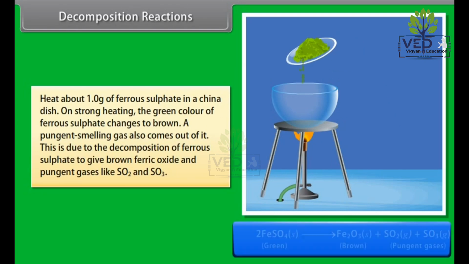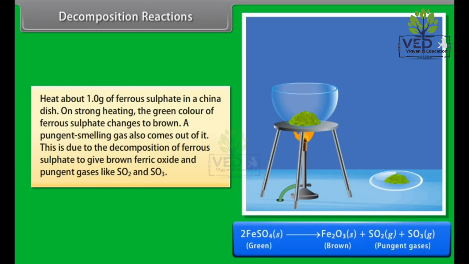Heat about 1.0 gram of ferrous sulfate in a china dish. On strong heating, the green color of ferrous sulfate changes to brown. A pungent-smelling gas also comes out of it. This is due to the decomposition of ferrous sulfate to give brown ferric oxide and pungent gases like SO2 and